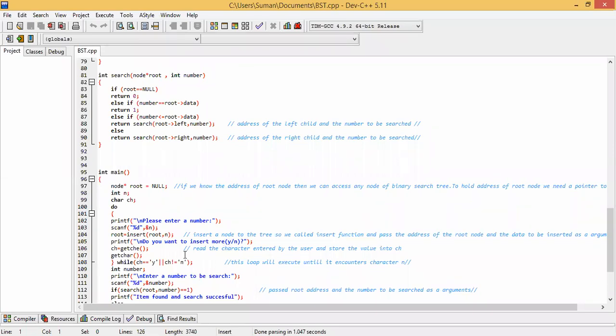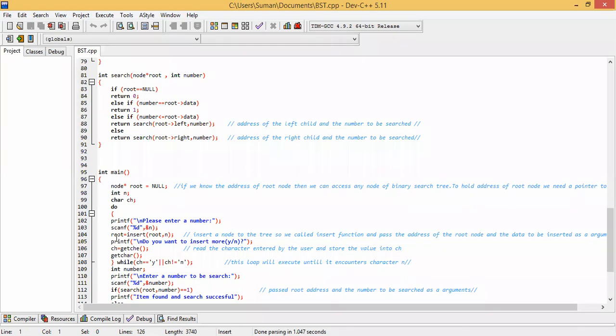That's why we have used the do while condition, because it is not always possible that you insert only one time. You may have to enter more than one time.